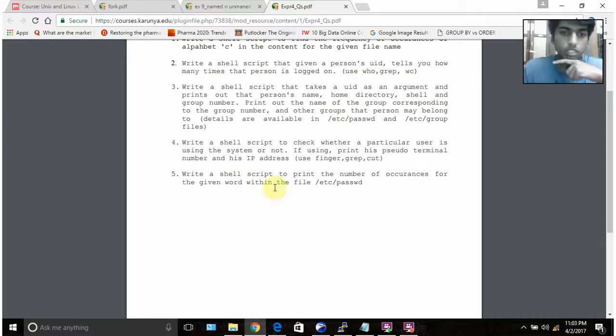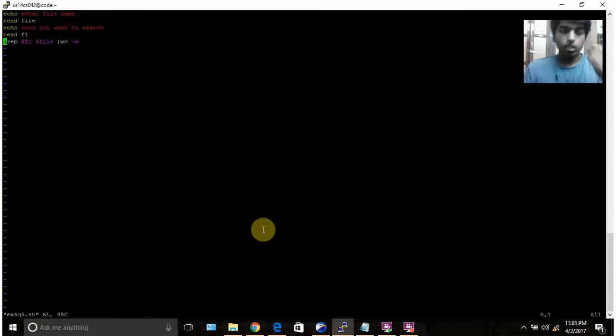The next question is to write a script to print the number of occurrences of a given word within the file /etc/passwd. So this is my code for that. Here I get the name of the file, and then I get the variable that I want to search for. So